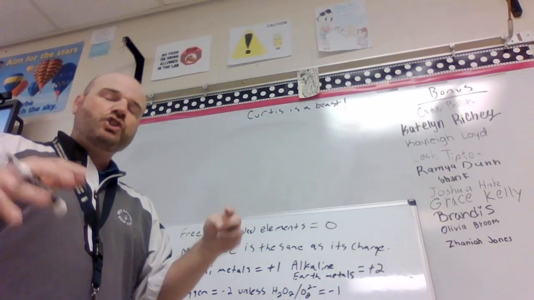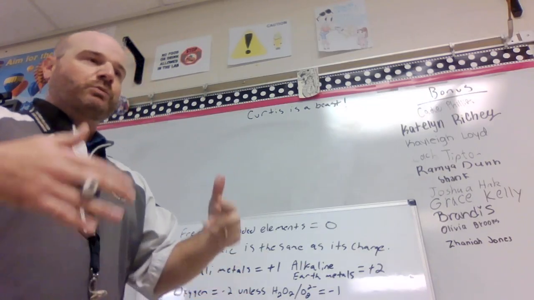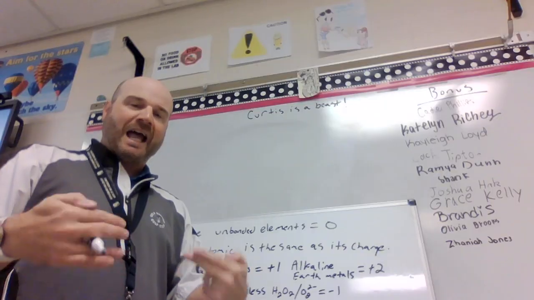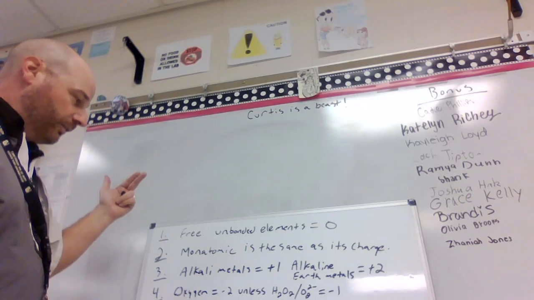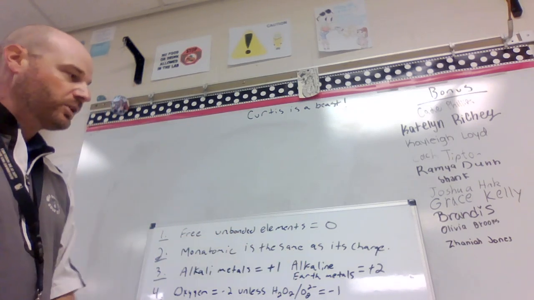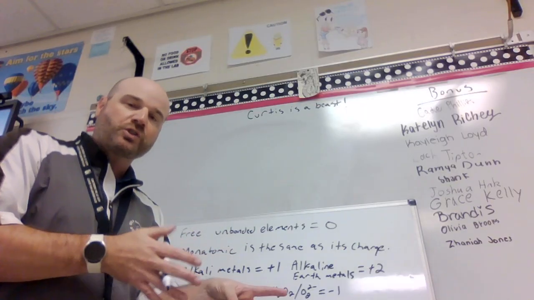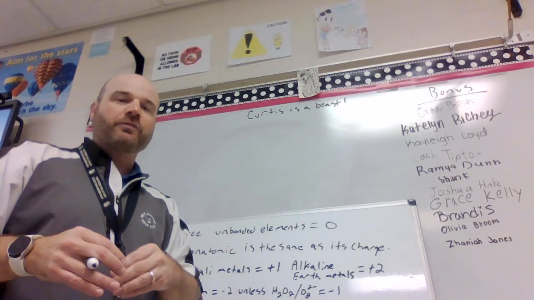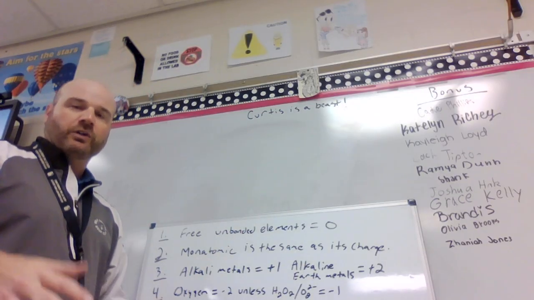Okay, so a general rule, what we want to do as we're trying to assign these numbers is we want to address the elements that have rules first. We want to address these elements that are alkali metals, alkaline earth metals, oxygen, hydrogen, fluorine. We're going to get to those, but we want to address what we can apply a rule to first. Assign that number there first, then we can deal with the other elements that are more variable in their oxidation